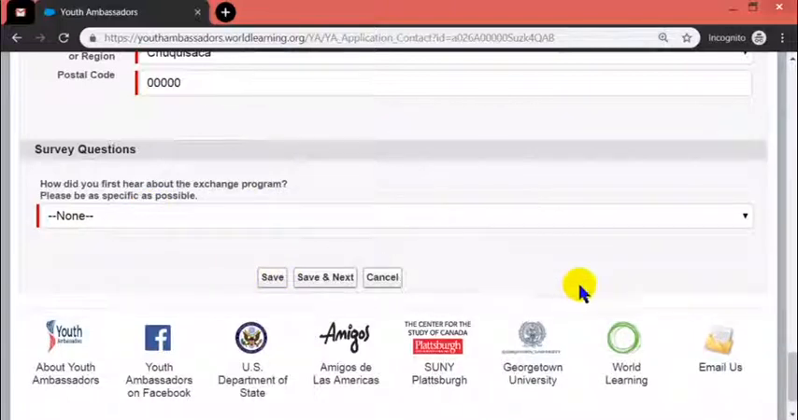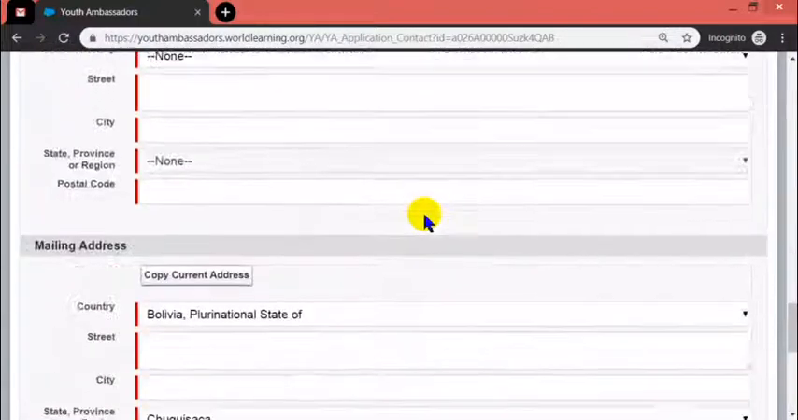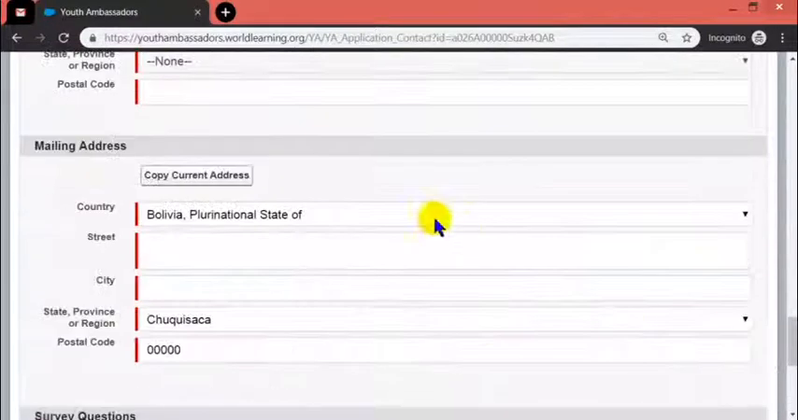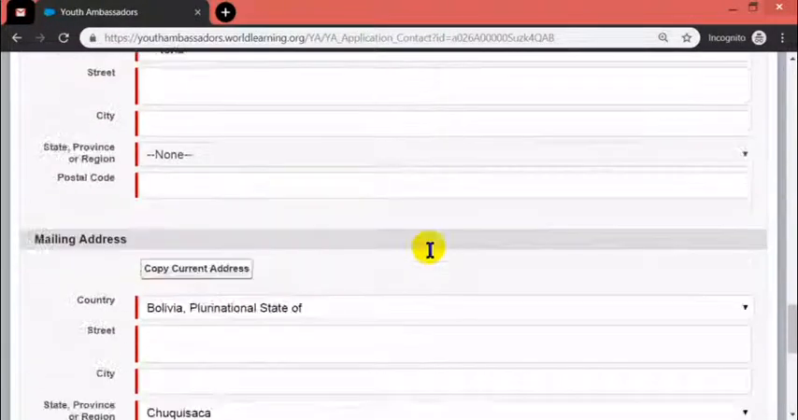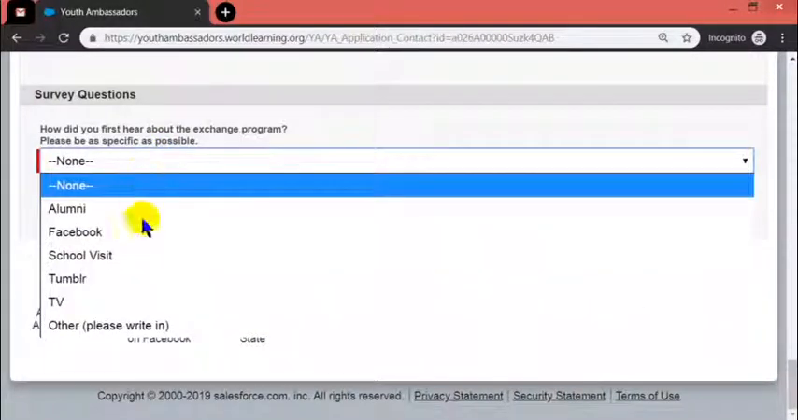So actually, it's very important to mention that every change you make, you need to save them from time to time in order not to lose the information and type the information over and over again, right? So let's finish with this. How did you first hear about the exchange program? Okay, so